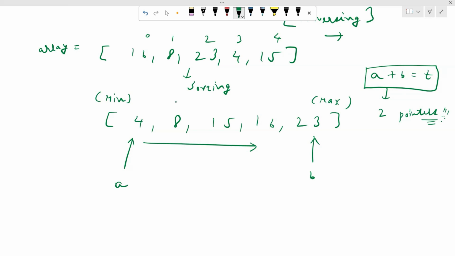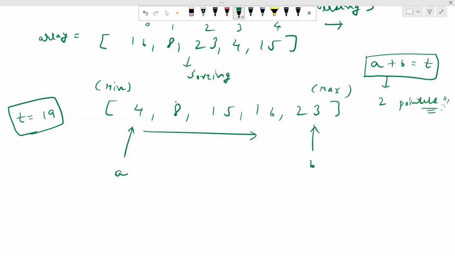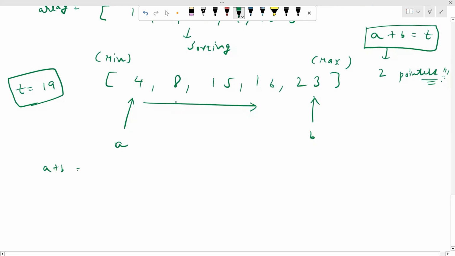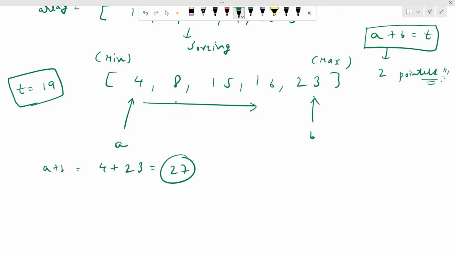Now let's think. Our target value is equal to 19. First of all, we'll initialize two pointers. The A pointer will be pointing to the minimum element, and the second pointer, B, will be pointing to the maximum element. We'll add both of them, A plus B, which will be equal to 4 plus 23. Now 4 plus 23 is equal to 27. Now we'll compare this result with the target value. If our answer is less than that of the target,